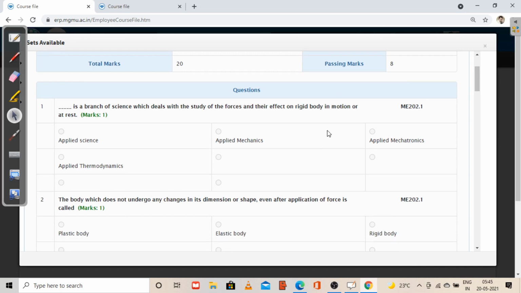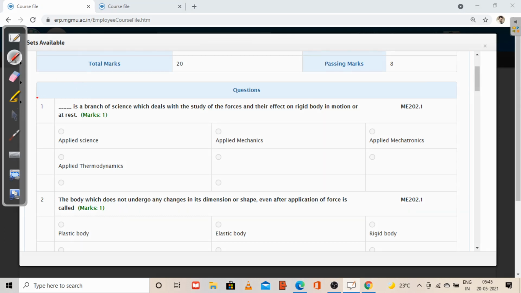First chapter, that is force mechanics and force system. Second chapter, that is simple lifting machine, and third chapter, which is resolution and composition. From the third chapter, I am going to cover only resolution in this video, along with the first and second chapters. Now, if you see the first question